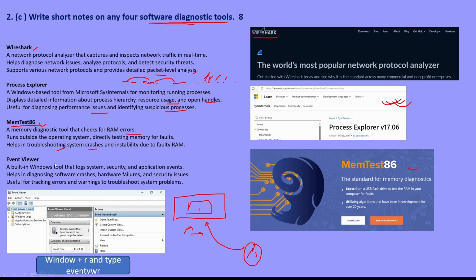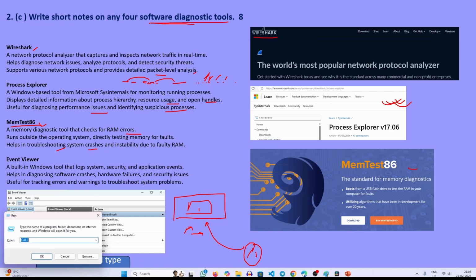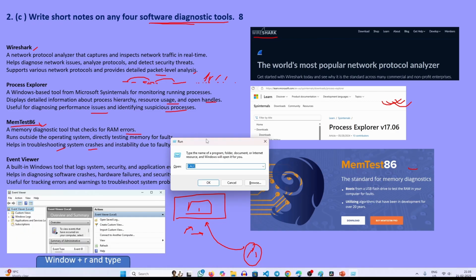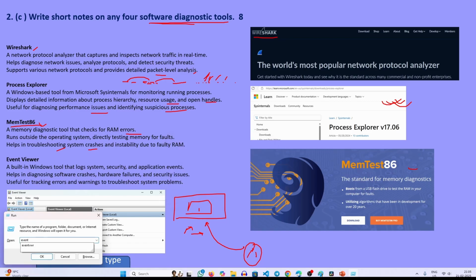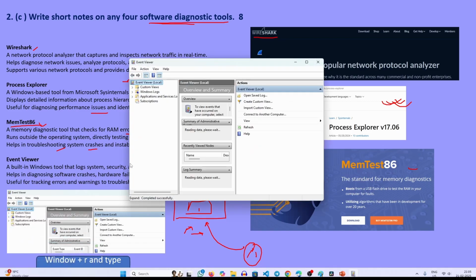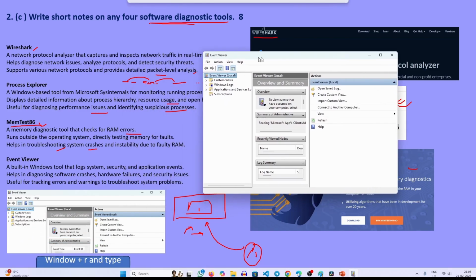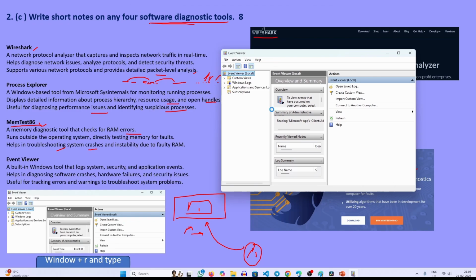Event Viewer. What is the Event Viewer? As we can see here, press Windows plus R and type eventvwr. Let me show you. I just pressed Windows plus R, as you can see, and now I am typing eventvwr. As you can see, the Event Viewer. What is the role of the Event Viewer? It is very crucial, but we just quickly talk about it: it is useful for tracking errors and warnings to troubleshoot system